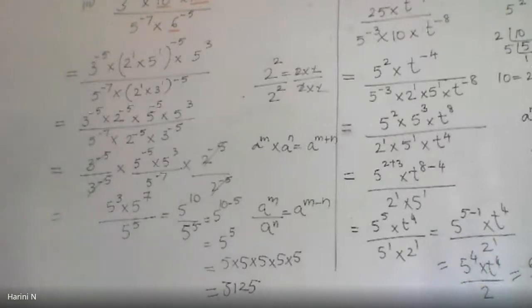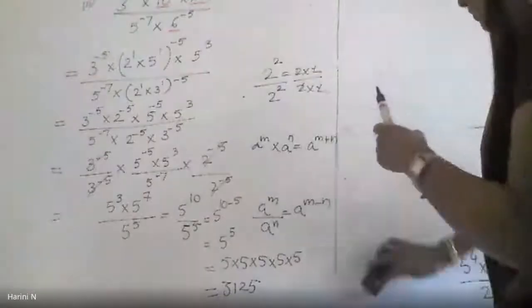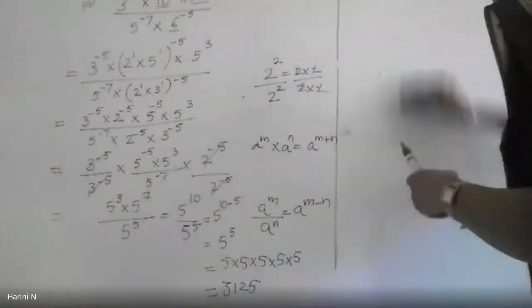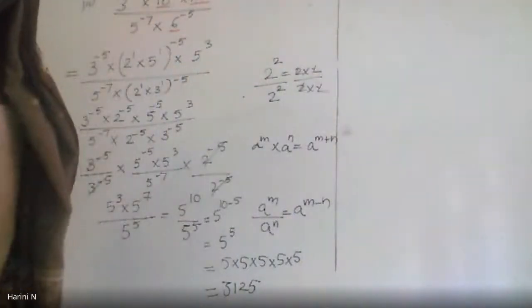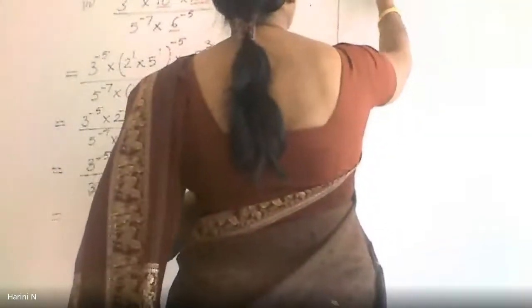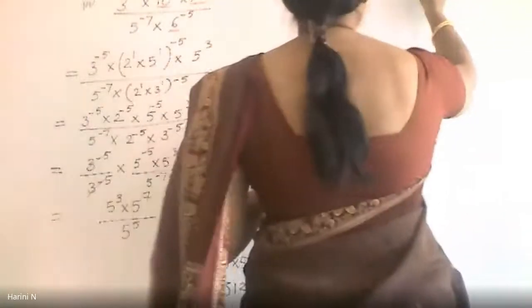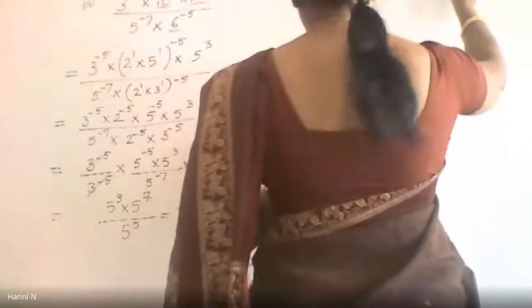Okay, we will take up one more problem where I have that exponent as 0. I want to recall that also once. The problem is like this. It is 3 to the power negative 1 plus 4 to the power negative 1 plus 5 to the power negative 1. Remember, all this is plus in between. Whole raised to the power 0.